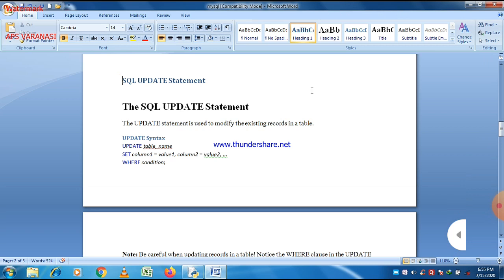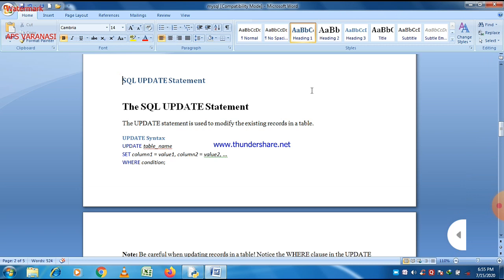Sorry. This is the basic difference between these two, and it is asked many times in examinations. I personally found many students get confused between update and alter table. When there is a query related to the update statement, they write alter in place of update, and sometimes the reverse.